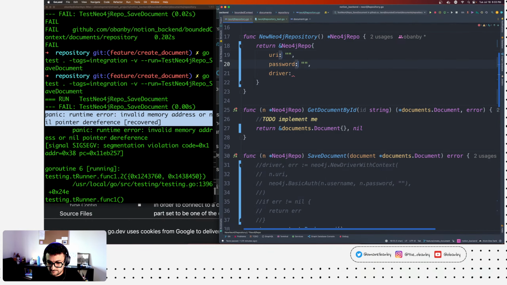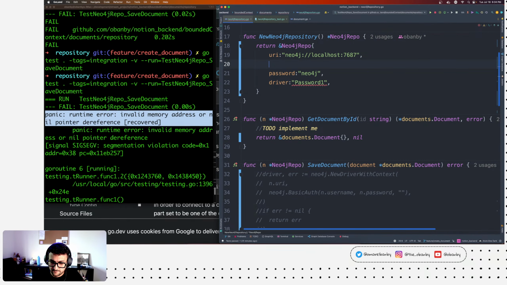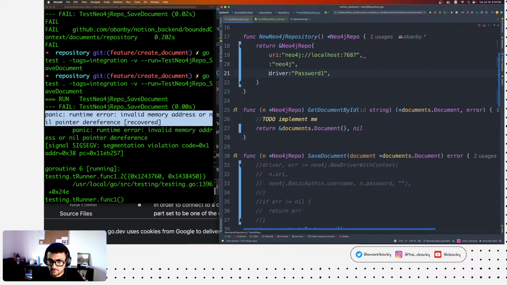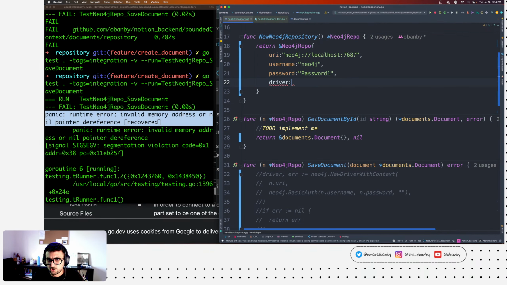Great. Username, password, and now the driver function, which is neo4j dot new driver with context, right? And we pass the URI.